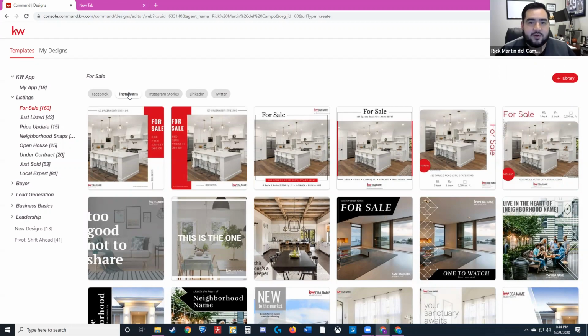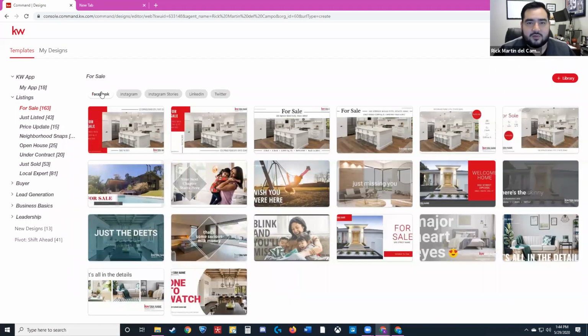If you're going to be using both, you can create an Instagram graphic, which is a square. It's a 1:1 format, because Instagram takes 1:1 a lot better than any other format, but Facebook accepts both. So if you're going to be using a graphic for both social media platforms, then I would advise to create an Instagram one. I personally, because I use Facebook more than anything else, like to create the Facebook layouts. Just know that if you use a square, it'll look great in both Facebook and Instagram.